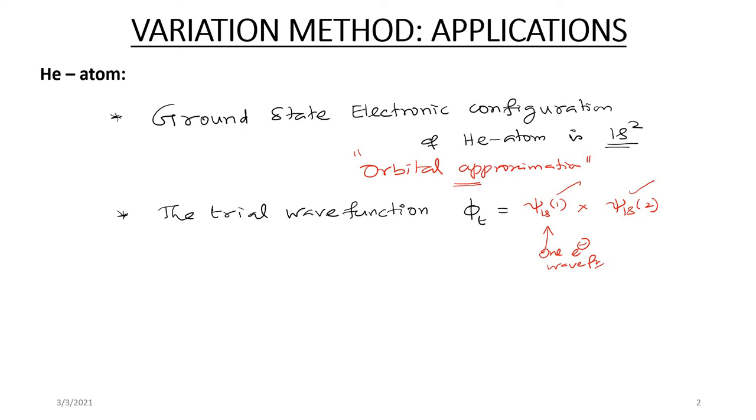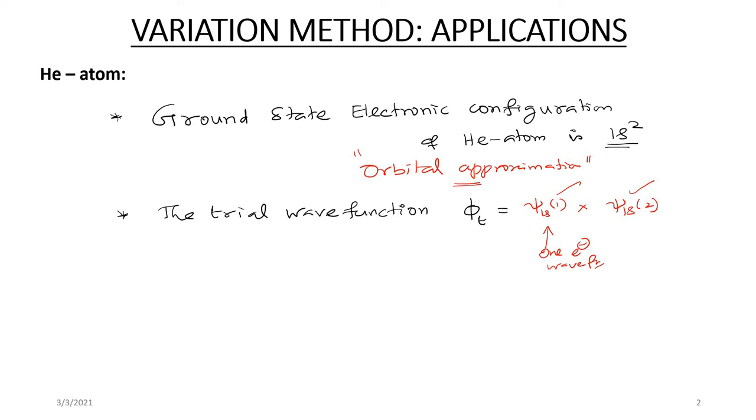so far we know only the wave functions of different orbitals of the hydrogen atom alone, or hydrogen like ions alone. We really don't know what the wave function is for the 1s orbital of helium atom, or the 1s orbital of lithium atom, or the 1s orbital of carbon atom, because it is very clear that the wave function of the 1s orbital of hydrogen and the wave function of the 1s orbital of helium are not supposed to be the same. They are actually different. But right now I don't know the wave function of the 1s orbital of helium atom.